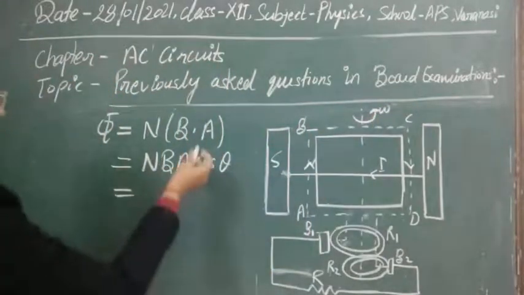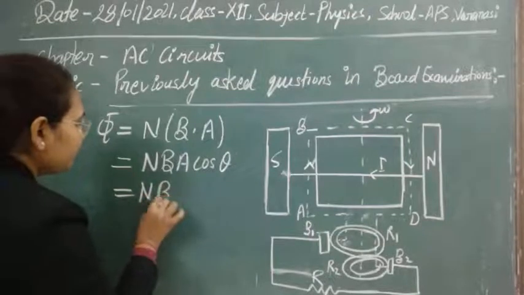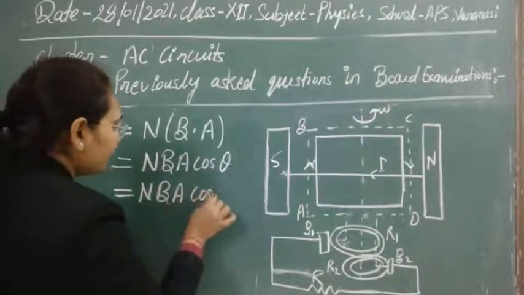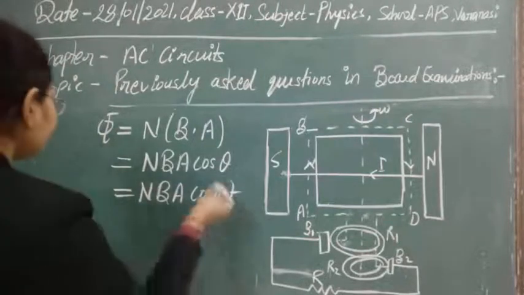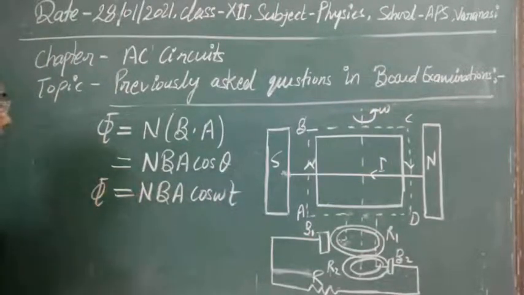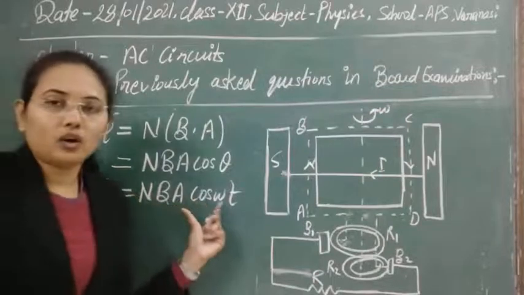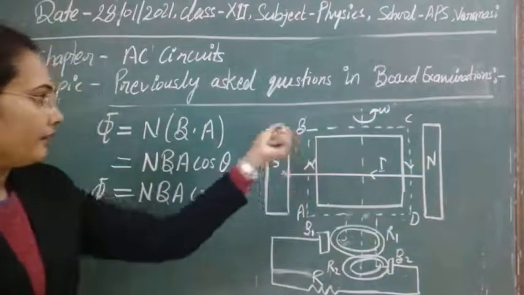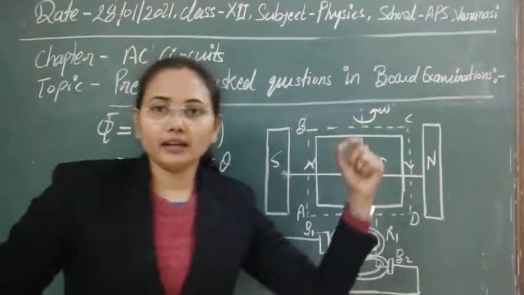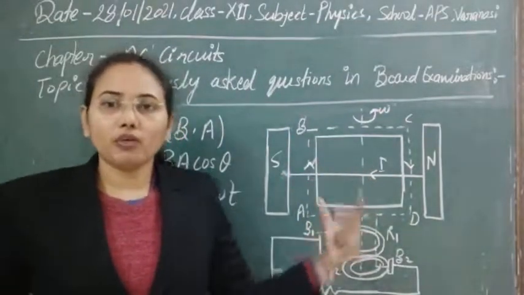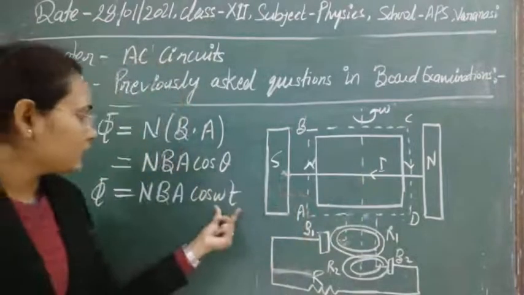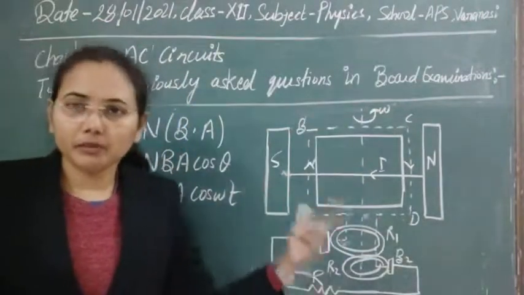So at any instant t, its phase, or the angle that is drawn, will be cos omega t. You can write it here. Clear? So we have phi equal to NBA cos omega t. Now if the coil is rotating, and due to that rotation the angle between the magnetic field and the plane of the coil is changing, then due to the change in that angle,